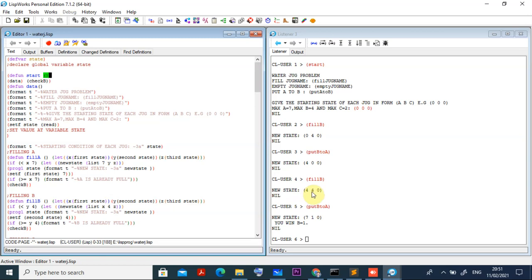Okay, fill B. Fill B means that B maximum we can take 4 liter, so it becomes 4. Got it now? But you remember here A can take maximum 7 liter. Then put B to A, it is maximum 7 liter we can take here. So already 4 liter exists there, so from 4 liter it will take 3 liter, the remaining 1 liter will be there. So like that it becomes 4 plus 3 is 7, and when it is filled up, we stop pouring. So now it is 1 liter. Then after that, if you are not interested in this first jug, then you pour it outside, that is no problem, because water I don't want to pour it out, that is the reason I put it here. So now I wanted in the jug B there must be 1 liter. Okay, that we already got it here.